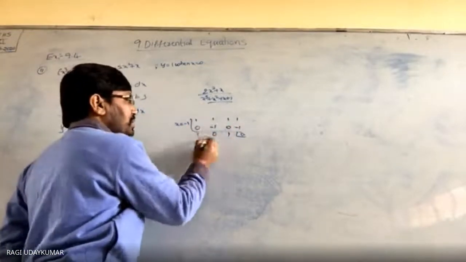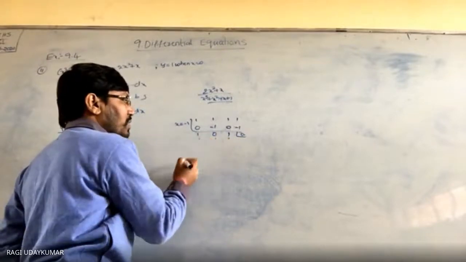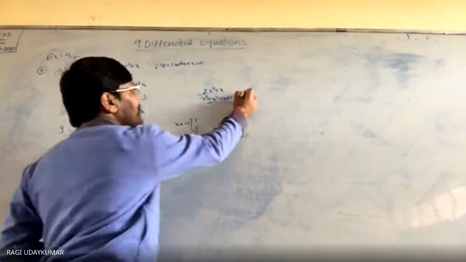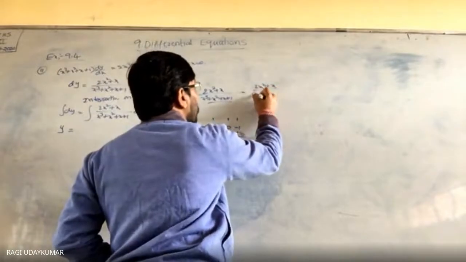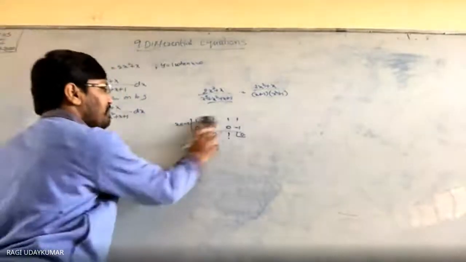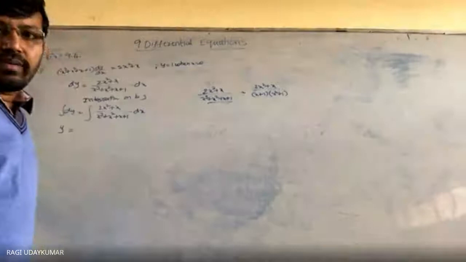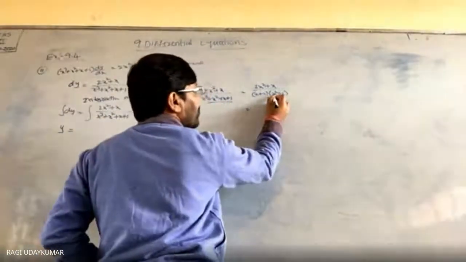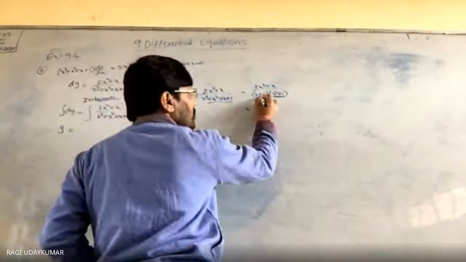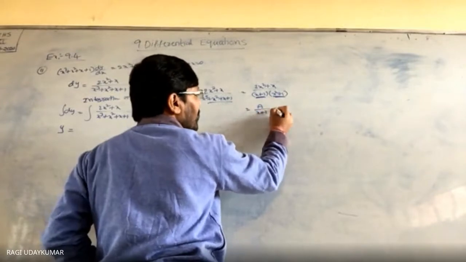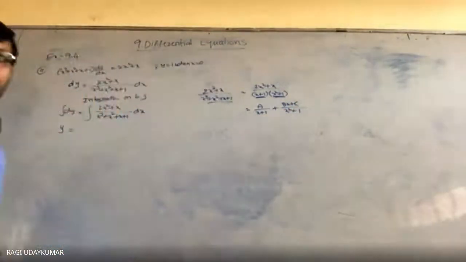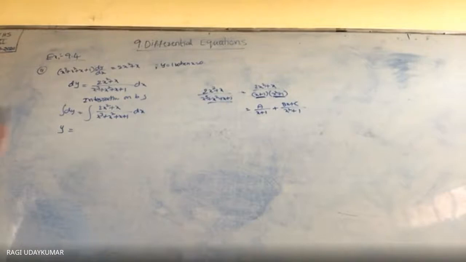In the synthetic division method, this is the constant, this is the x coefficient, this is the x square coefficient. So x plus 1 is one factor and here x square plus 1 is the other factor. So you can write this as 2x square plus x by x plus 1 into x square plus 1. So now here, whenever you observe the denominator, partial fractions can be taken into consideration. In partial fractions, whatever term is given to you, square, this cannot be factorized. So it is single. Consider A by x plus 1 plus bx plus c by x square plus 1. Like this it is a partial fraction problem only, and you have to proceed.